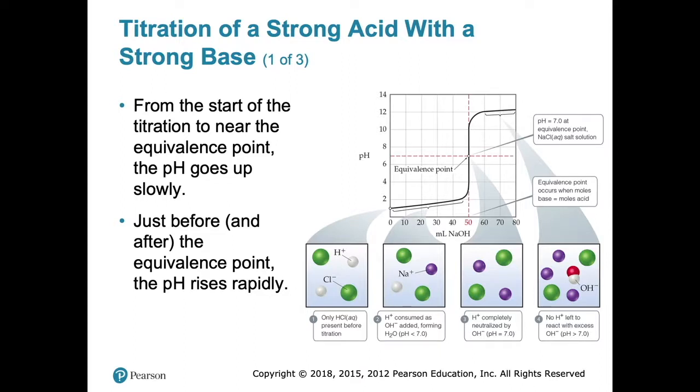So notice that the reason why when you go past the equivalence point, you basically get into a fuchsia color, you've kind of messed up a little bit, because it doesn't take much to go from the equivalence point all the way to pH 12. You're wanting it to get to pH 7, that's the equivalence point. It doesn't take that much to get it all the way to pH 12. So that's 10 mils right there. It takes less than 1 mil for you to get from pH 7 to pH 11.